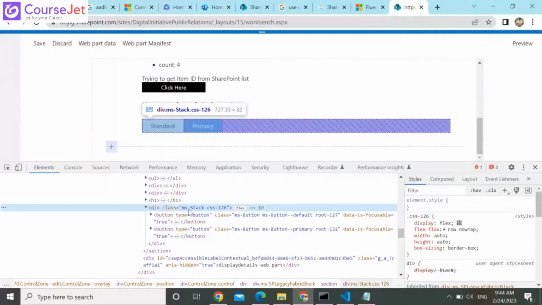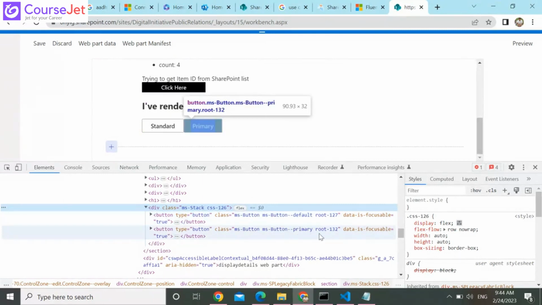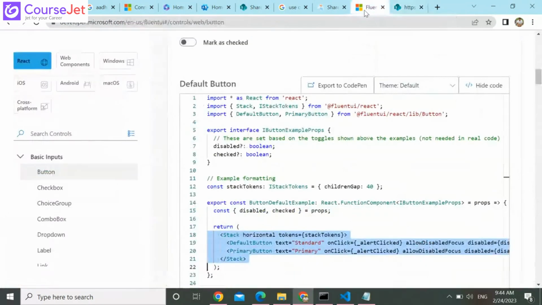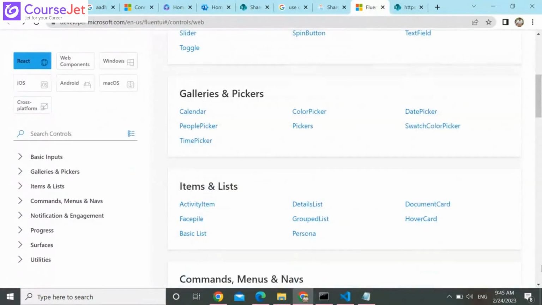You can see ms-Stack for the stack control. It automatically added a div, and for the div it added the class ms-Stack. Okay, and for buttons and all, it depends on each button. It added ms-Button, ms-Button--default, ms-Button--primary, likewise. So by default, it adds its own classes and applies the CSS. We don't need to do any customization if we start using their Office Fabric UI controls like buttons, checkbox, dropdown, all these controls you can use. Okay,